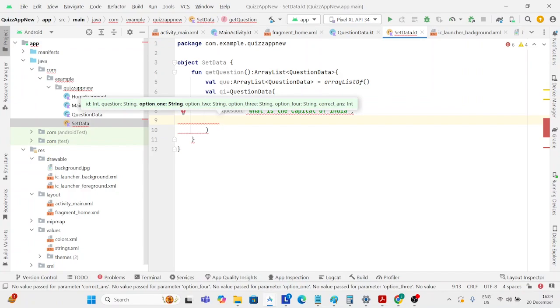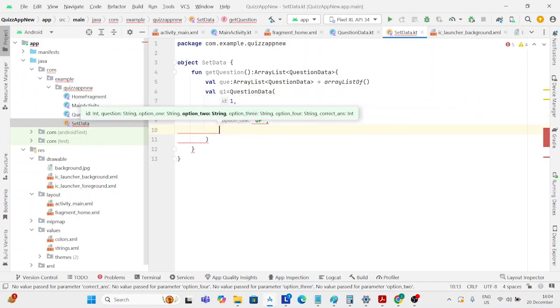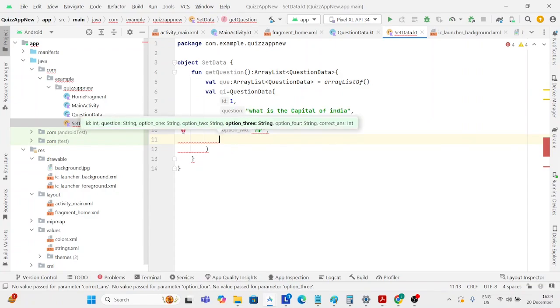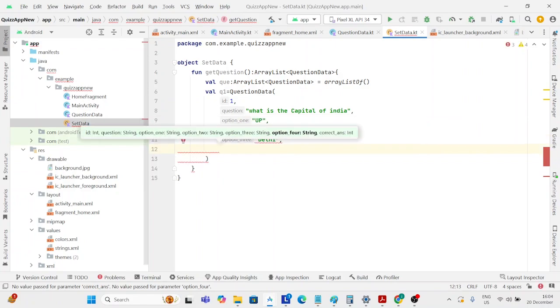Let's give it the option 1 to UP, and let's give it the option second, option giving it as MP. Let's give it the option 3. Option 3 I'm giving it as Delhi, and let's give it the option 4. The option 4 I'm giving it as Mumbai,